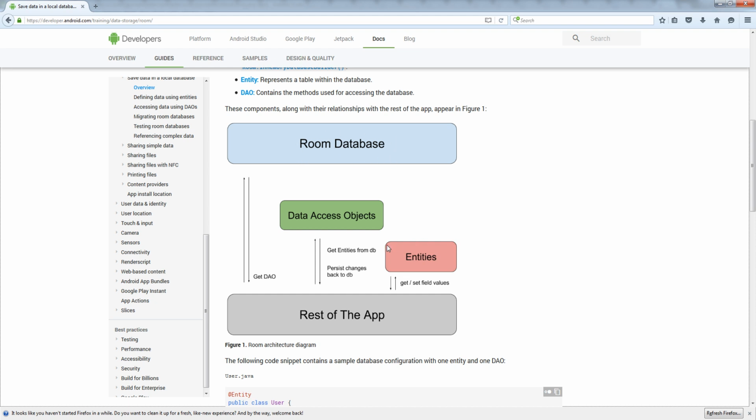Okay? So step 1, entities. Step 2, DAO. Step 3, database. In that order: entities, DAO, database. Okay? Now,